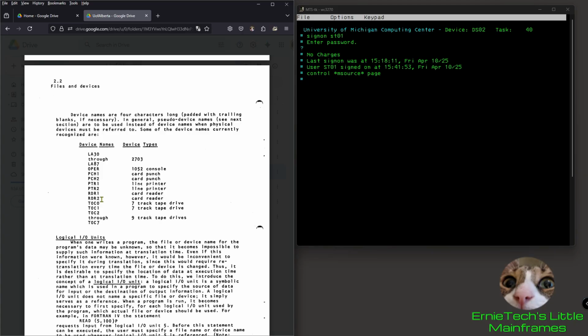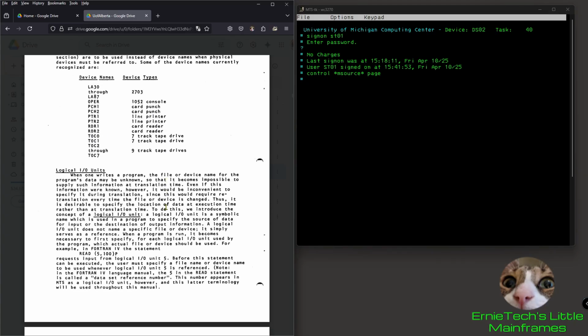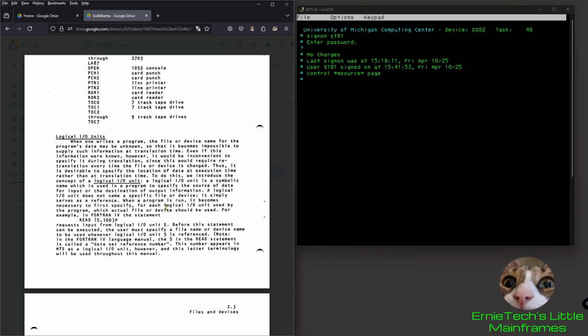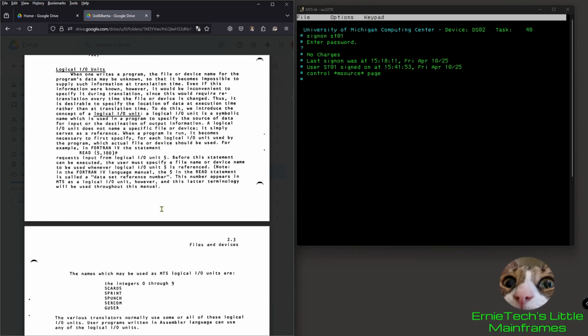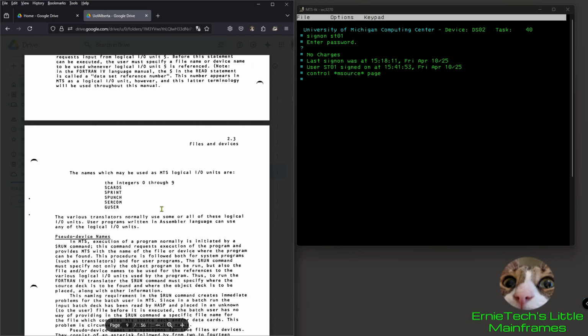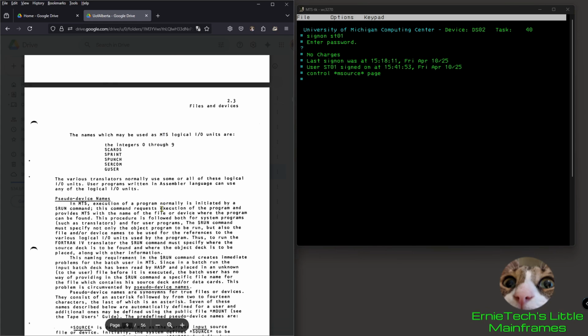For instance, the reader or the printer would be a file, and this is, of course, what it would have referred to in the real world, which, are we not in the real world? Sometimes I wonder. Logical units,